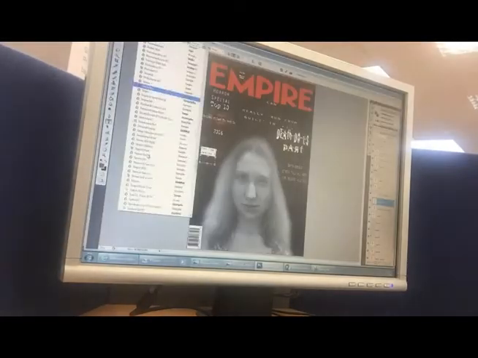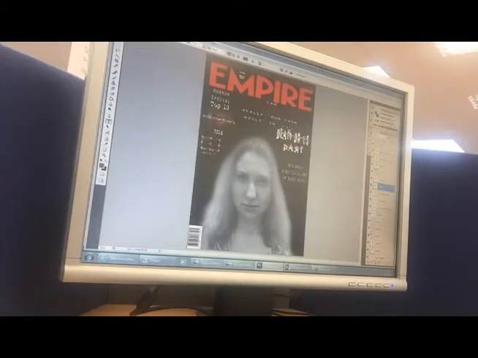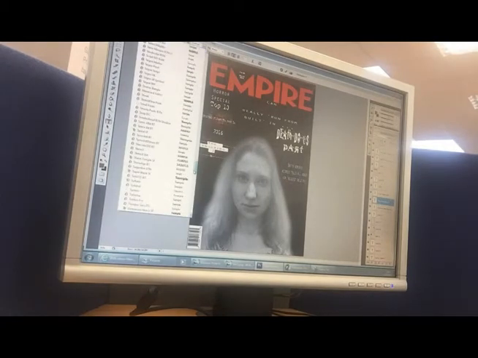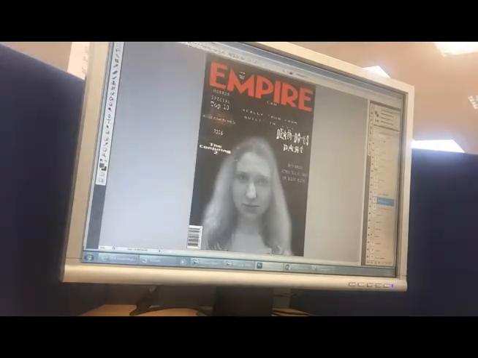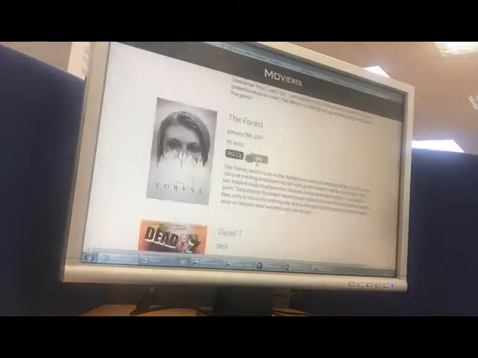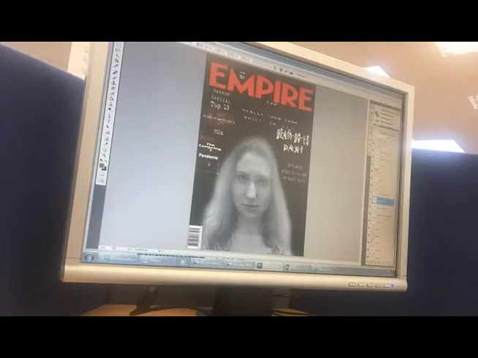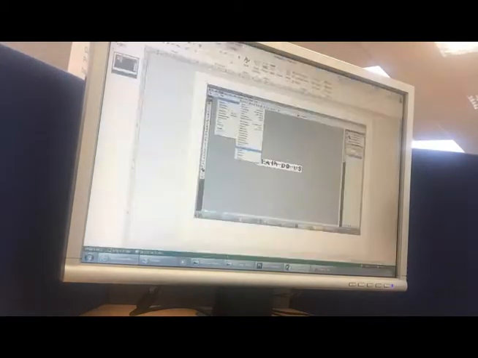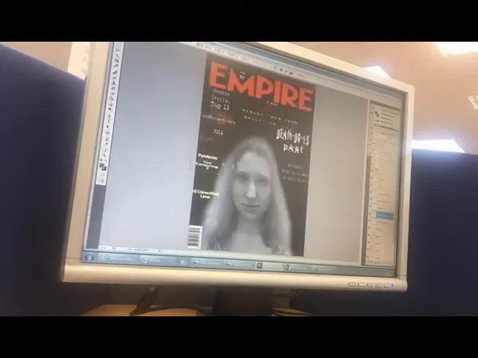Although Adobe Photoshop was not compulsory, it was advised. At first, I was very apprehensive of using it, as creating a magazine front cover and film poster with no experience of it seemed a little overwhelming. It was completely new software to me and was quite confusing to begin with. However, after many hours of practicing, I managed to teach myself, with the aid of YouTube videos, the essential skills